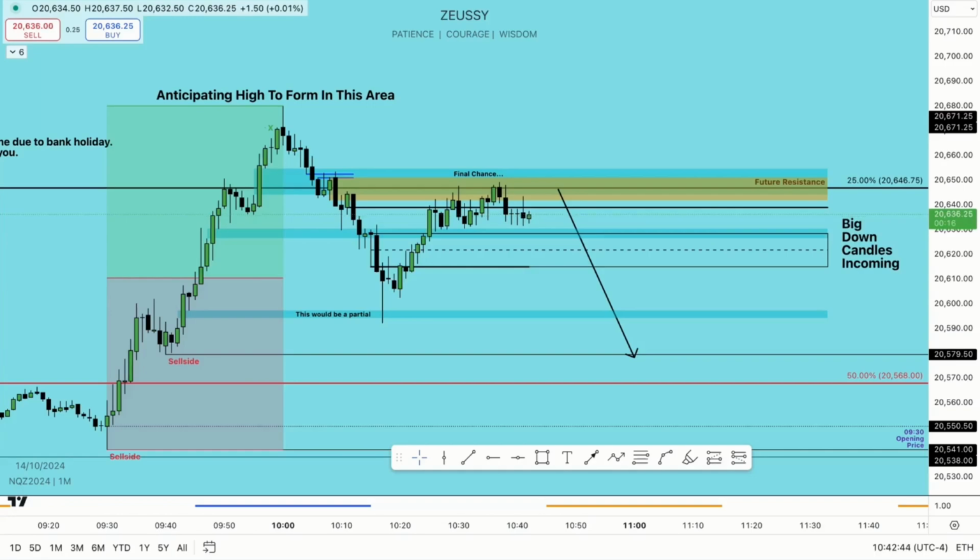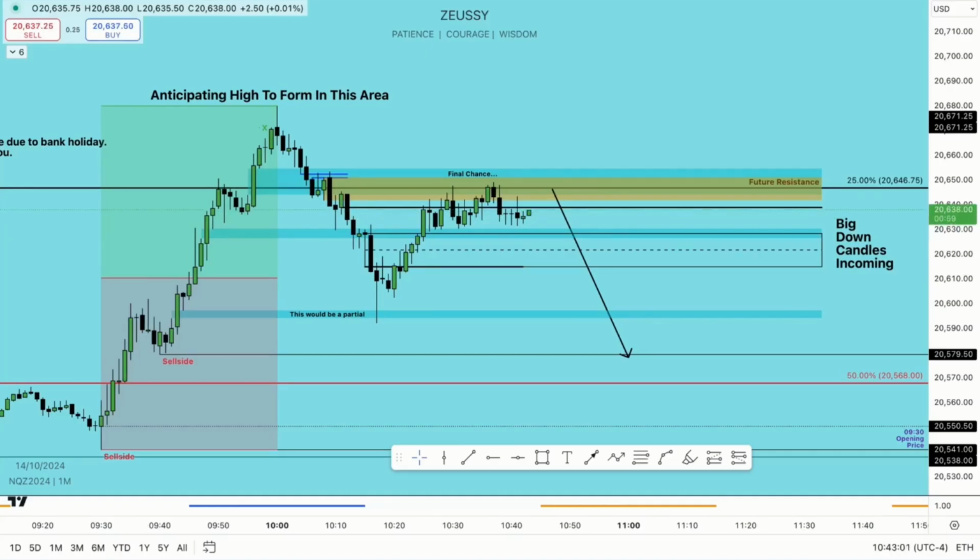ES still hasn't made a higher high. So what you see is that both NQ and ES have made lower highs. So far, I'm referring to the highs here relative to 10:37. The Dow also hasn't made a higher high. So I wouldn't be surprised to see one of those three markets still make one more push higher, maybe during the macro window, create that SMT here and then begin to roll over. Still, what you need to see, guys, is that we haven't really shown a willingness to displace higher yet,